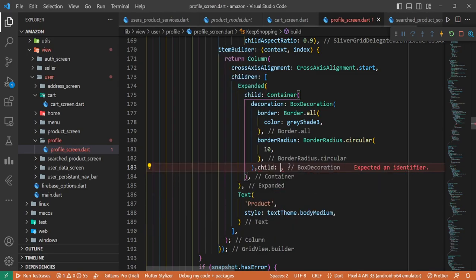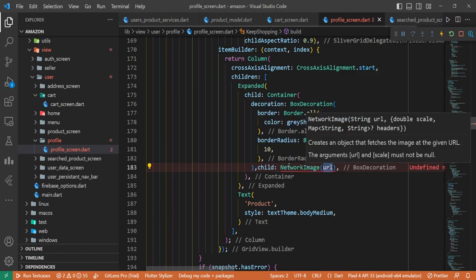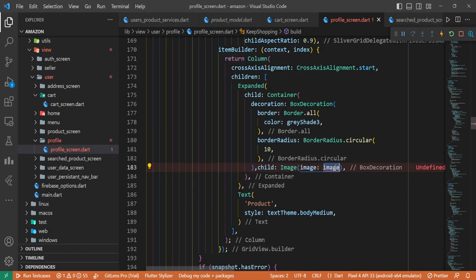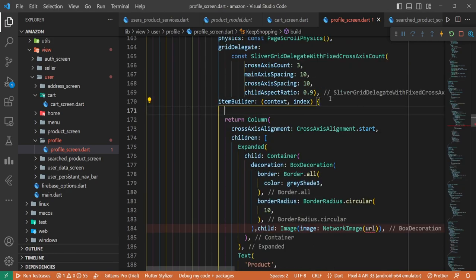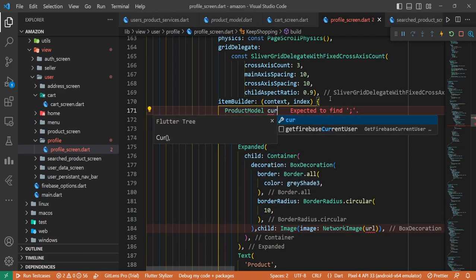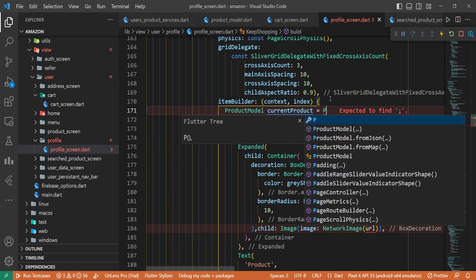Beside it, Image.network, and here the URL is going to be, we need to add a little bit of code here, that is ProductModel currentProduct equals